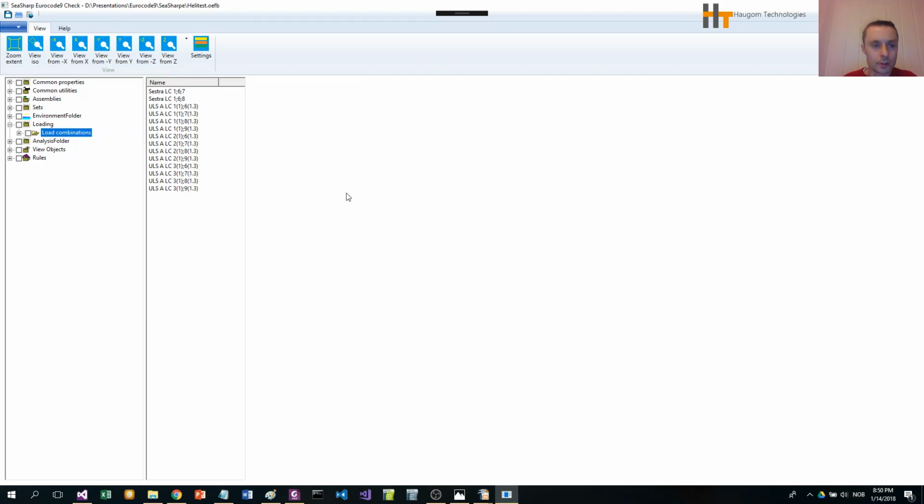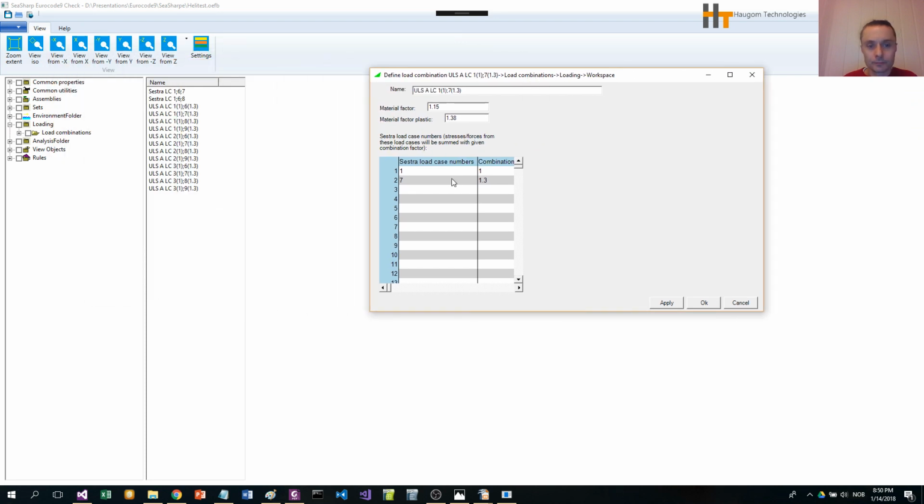We see here we get one load case, which is a combination of load case 1 with load factor 1 and load case 6 with load factor 1.3. And then the next one, which has load case 1 and load case 7 with combination factors 1 and 1.3,